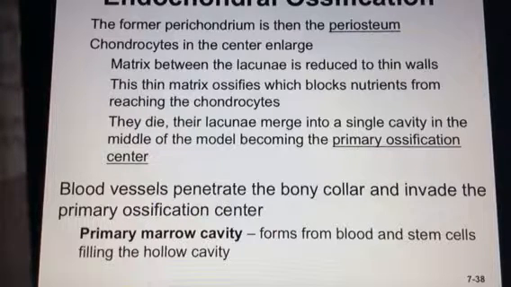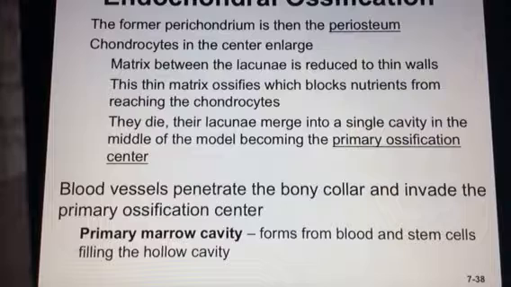Those are the cells in the cartilage, and we know that in the cartilage, there's chondrocytes and the matrix. And so this matrix is what ossifies. That's what turns into bone. It blocks the nutrients from reaching the cells, and then they die. And so as those cells die, their lacuna merge into a cavity, and that is what becomes the middle primary